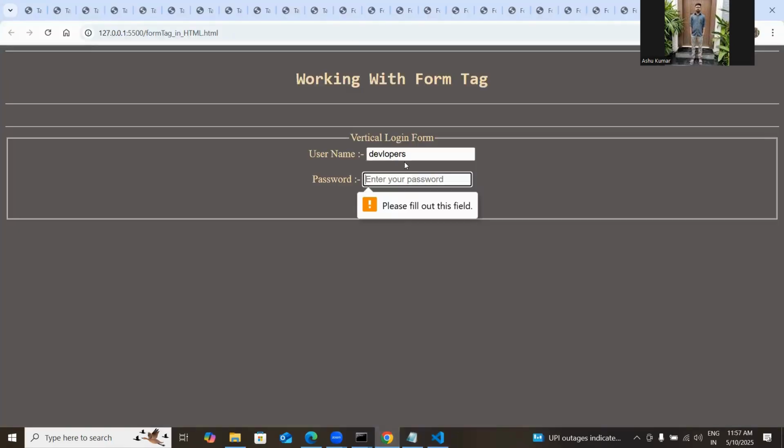So now suppose here I'm entering underscore 123 and click on this login button. So now our data is sent to the database. Okay guys,